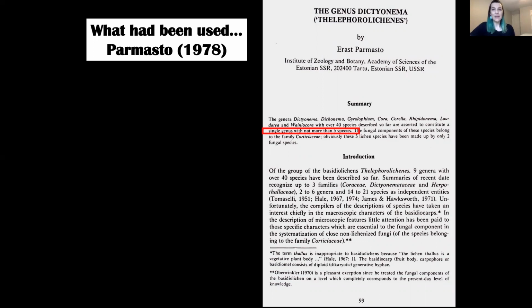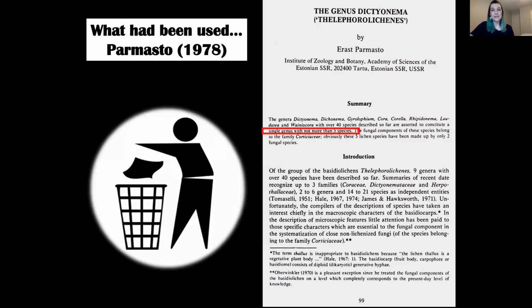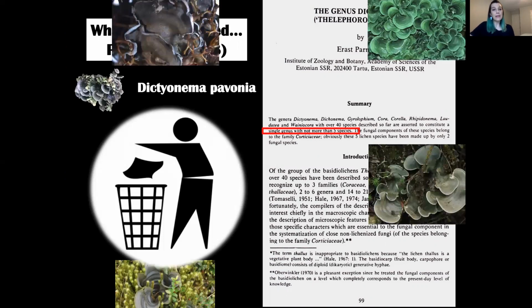And as taxonomists, we love being out there in the field collecting and bringing these specimens back and putting names. And this system did simplify identification. However, with so few names available, many different forms with distinct ecological preferences were not considered and were dumped into what we call a taxonomic trash can. And all foliose forms under the name of Dictyonema pavonia would fall in there, you know.